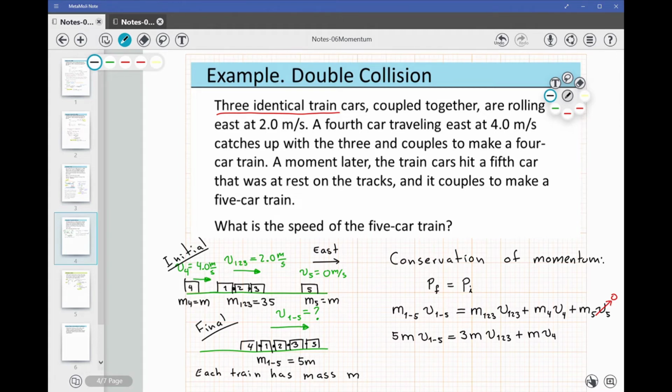If we divide both sides of the equation by mass, we see that the mass of the trains will cancel,